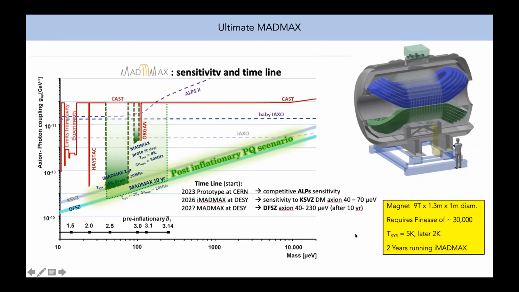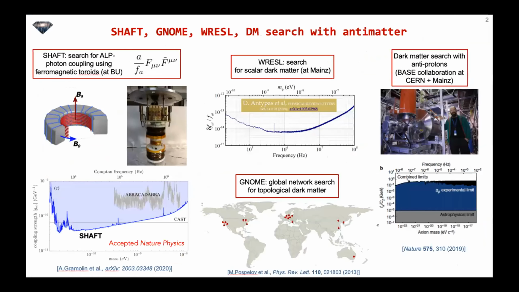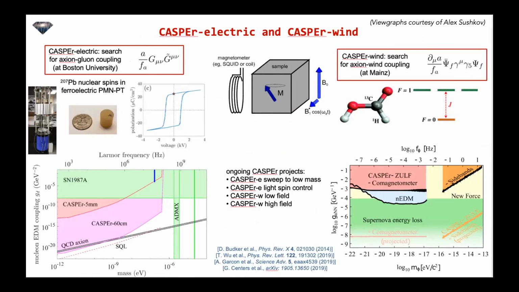Initially, MADMAX would have a system noise temperature of 5 Kelvin, later on going down to 2, and be able to cover substantially, in the fullness of time, the QCD mass range up into the hundreds of micro eV range. This is a very, very challenging job, but with, I think, very, very beautifully designed implementation. Let me back up now and go to just say a couple of words and then entertain questions